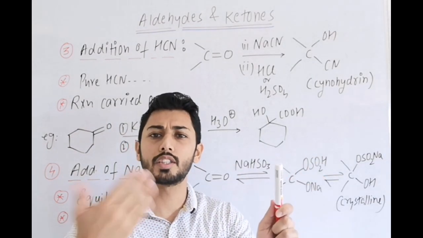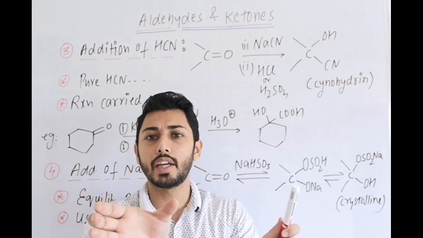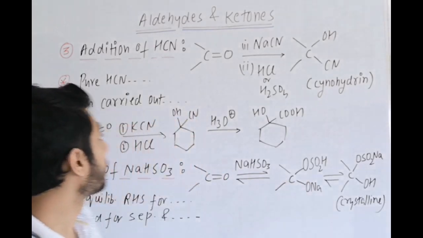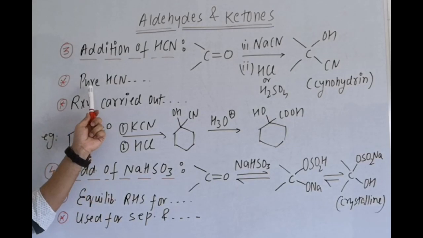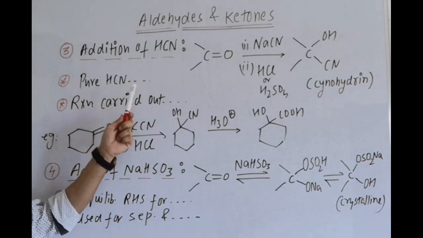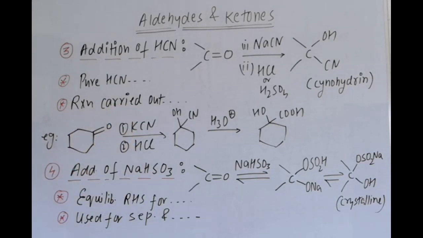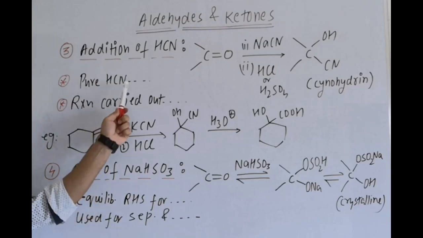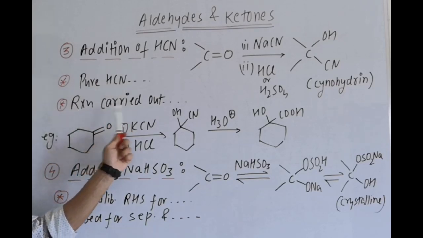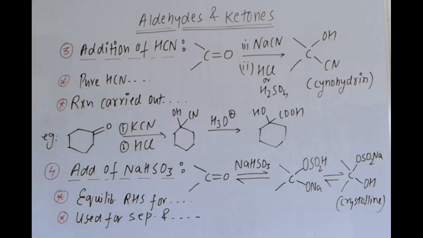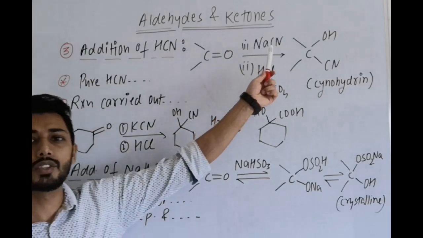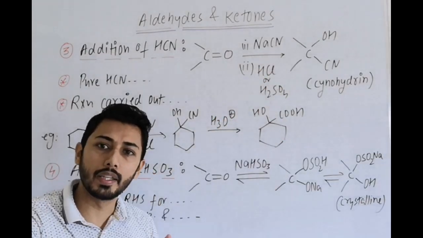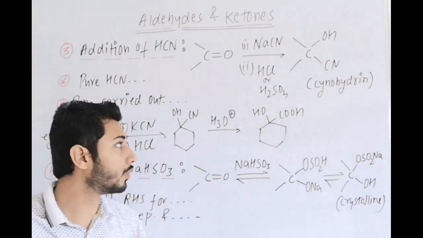It is useful for other chapters also, but the cyanohydrin reaction is very important. Now, important points: if we take pure HCN, the reaction is very slow. Why? Because HCN is a weak electrolyte, so the reaction will be very slow. Then what we do is carry out this reaction in a base catalyzed medium, like NaOH or KOH. In short, it will finally form NaCN or KCN, and CN minus is a strong nucleophile.